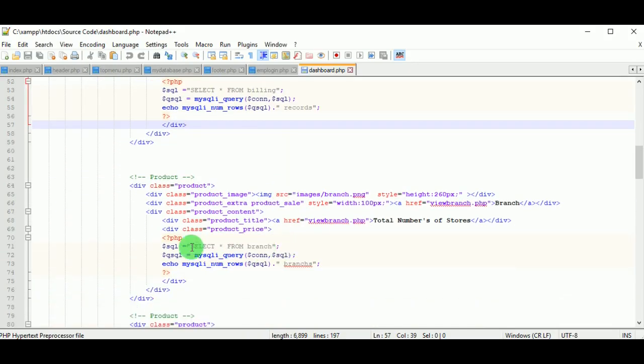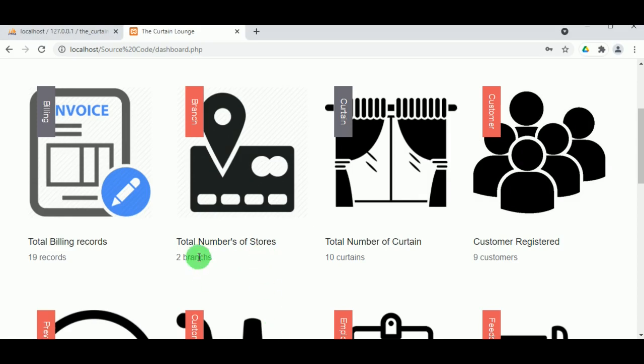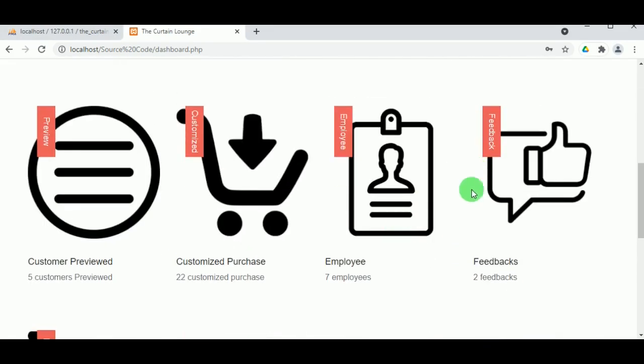In the same way, for all the tables present in the database, the total number of records is fetched using the select query. The select query is used to fetch the data from the database and display it in the web page.